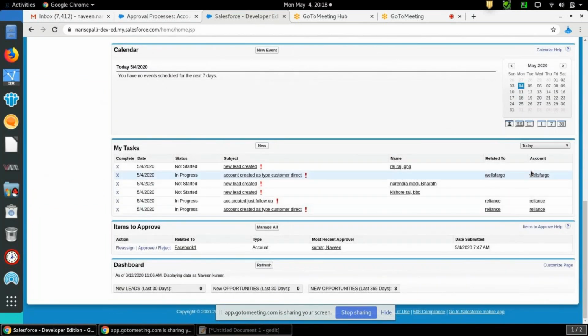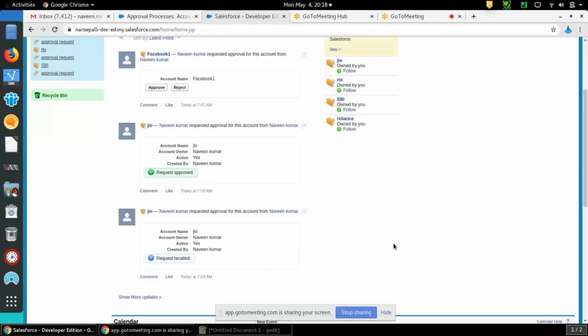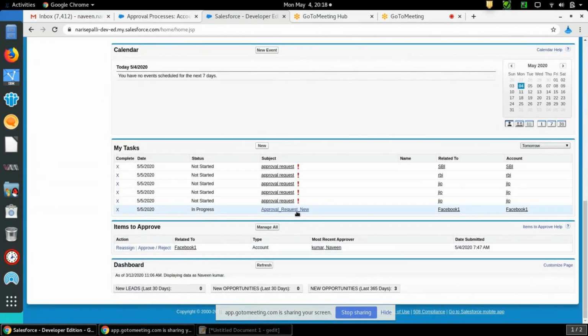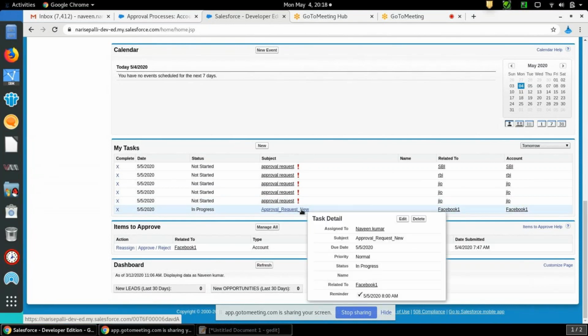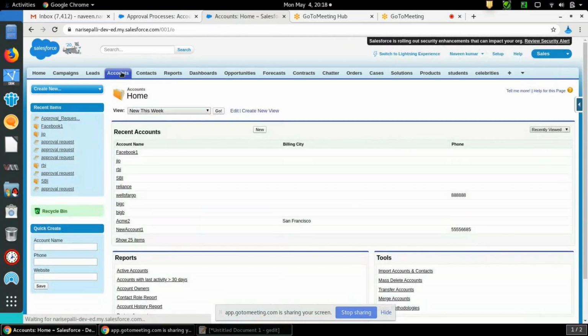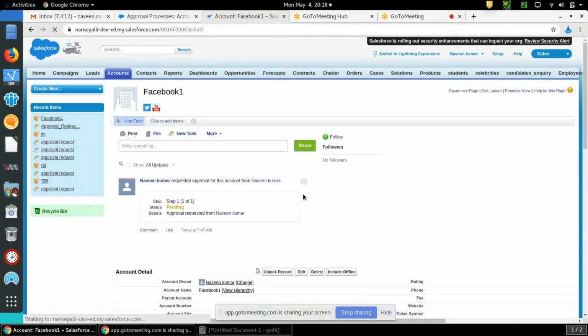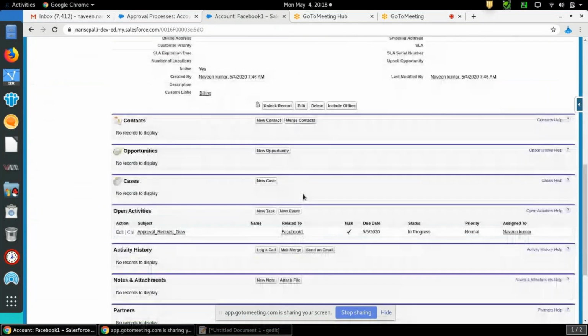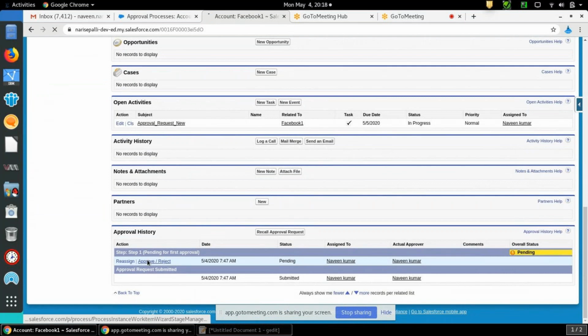So I'm selecting tomorrow. See, the approval request. This is the one I have created just now, related to the Facebook One account. You can approve here also. Or you can go to Accounts, the Facebook record detail page, and click on the approve or reject button.